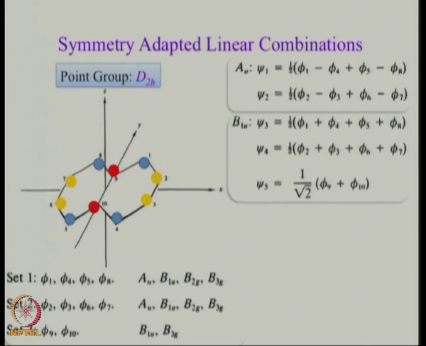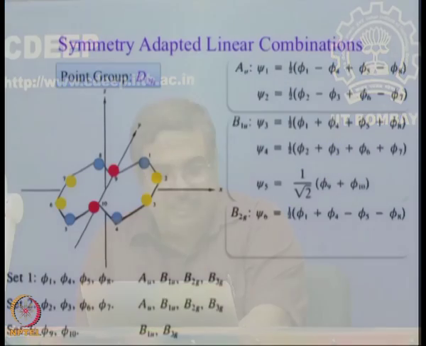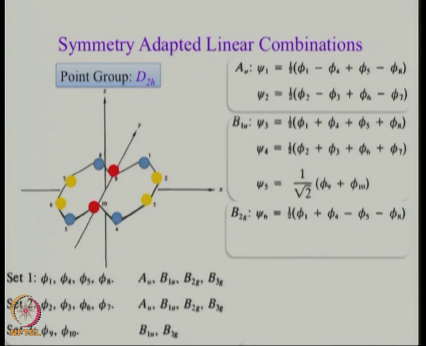So, I think we have got it figured, we can even guess the answer now. Once you know 1 or 2, since it is a symmetry course, answers are also symmetric. So, you can kind of guess, but do not try to guess because sometimes the guess might be wrong, right. Similarly, you can work out B2G, that is going to be half multiplied by phi 1 plus phi 4 minus phi 5 minus phi 8, and half multiplied by phi 2 plus phi 3 minus phi 6 minus phi 7.